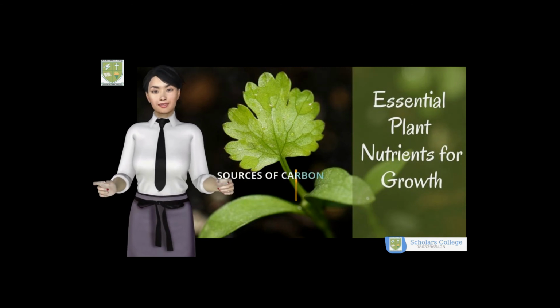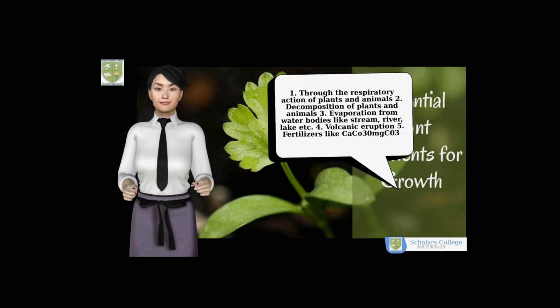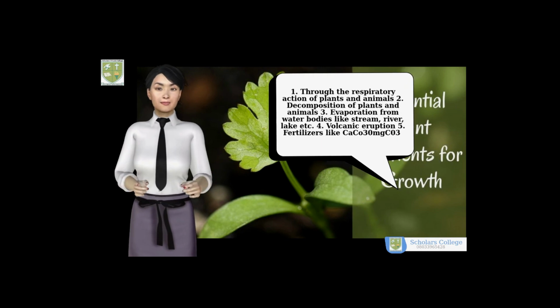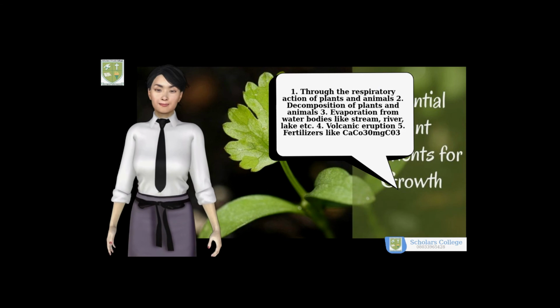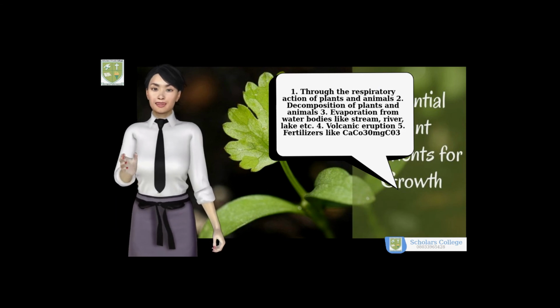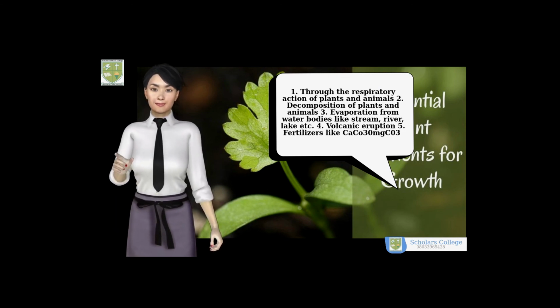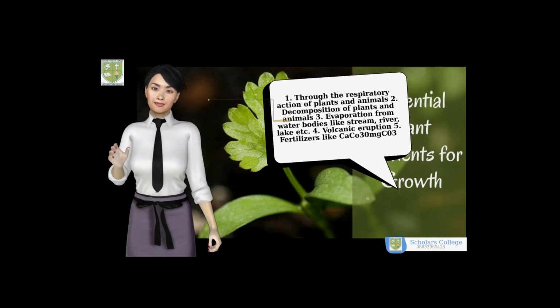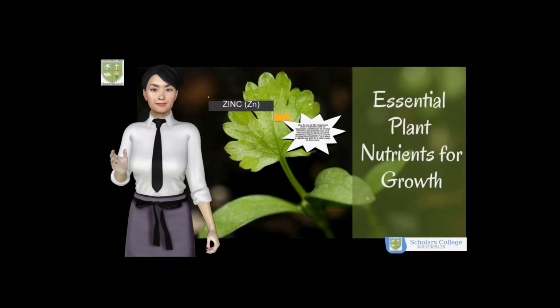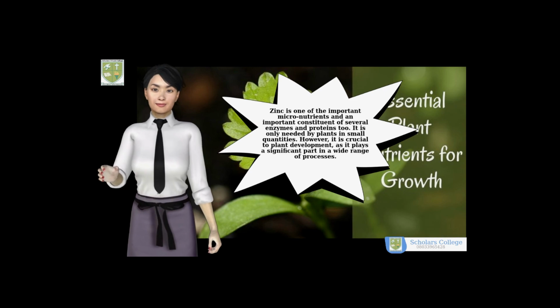Sources of carbon. 1. Through the respiratory action of plants and animals. 2. Decomposition of plants and animals. 3. Evaporation from water bodies like streams, rivers, lakes, etc. 4. Volcanic eruption. 5. Fertilizers like CaCO3 and MgCO3. Zinc is one of the important micronutrients and an important constituent of several